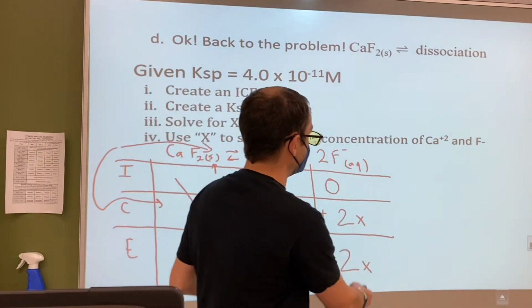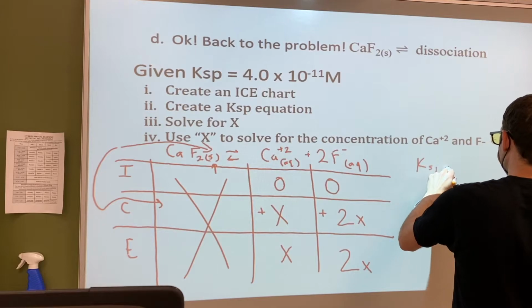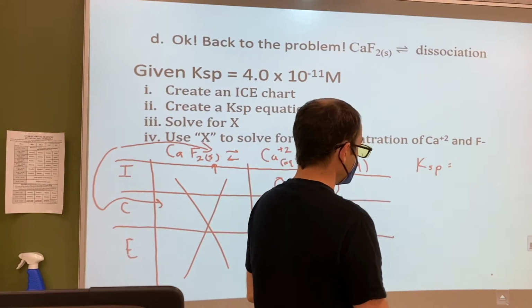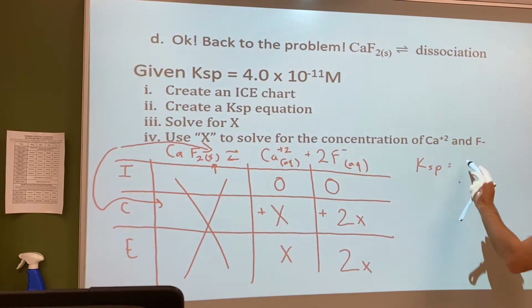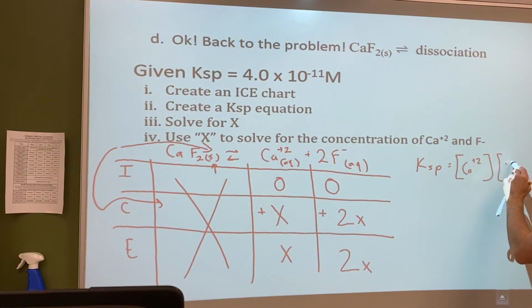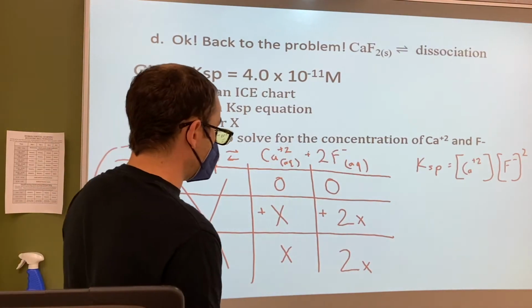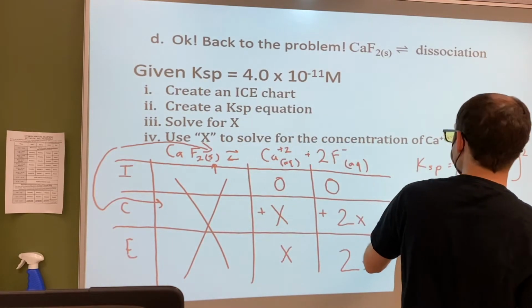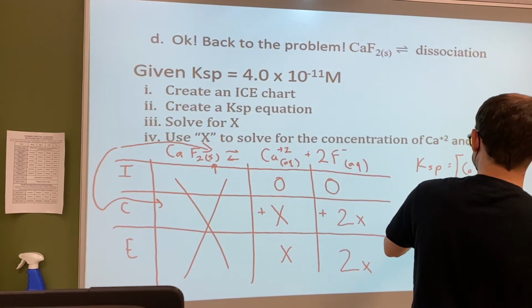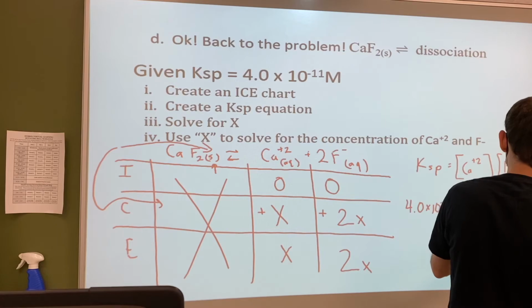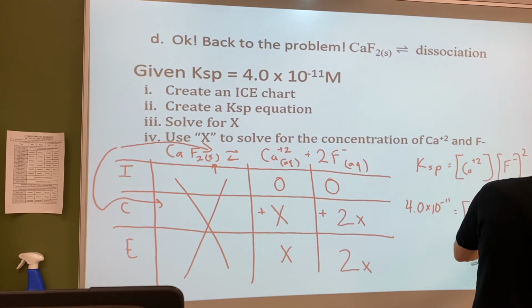All right. And now we need to set up that KSP equation, which is very similar to a K equation. All right, so KSP equals, we don't use the solid, so it's just going to be Ca plus 2, and then F minus to the second, squared. And then we just plug in what we have for numbers. Do we know KSP? Yeah, they gave it to us. KSP is 4.0 times 10 to the negative 11. Do we know what calcium is? That's going to be an X. Do we know what fluoride is? 2X